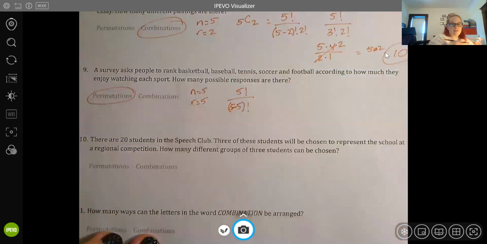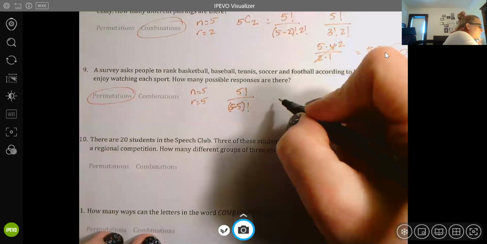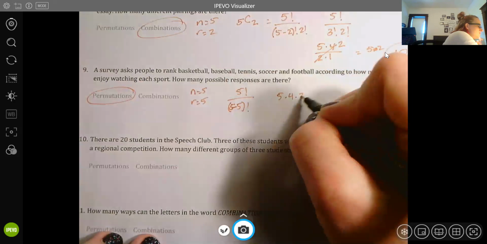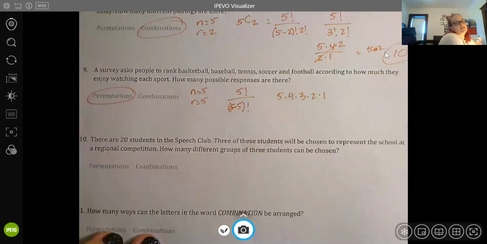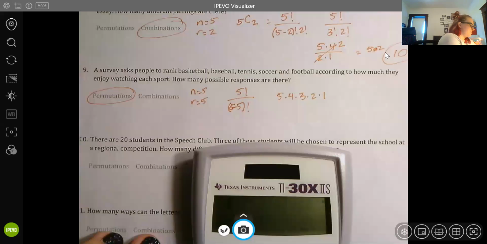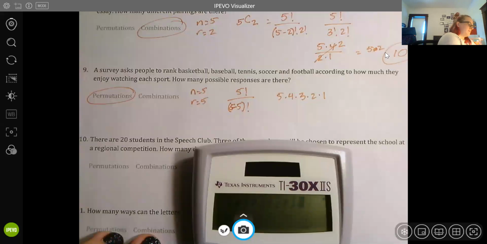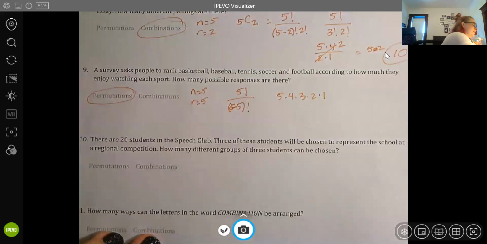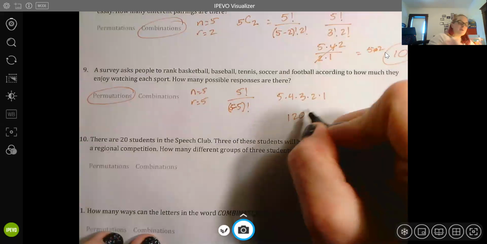5 factorial. Now 5 minus 5 gives me a 0 factorial on the bottom. And so don't worry about that. We're not dividing by 0 or any of that stuff. So we're just left with 5 times 4 times 3 times 2 times 1 in my numerator, and that's going to be what my problem is. So 5 times 4 times 3 times 2 times 1, and we get 120 different ways people could rank those